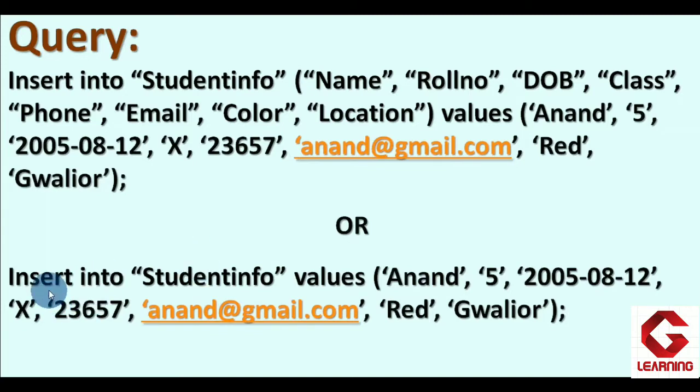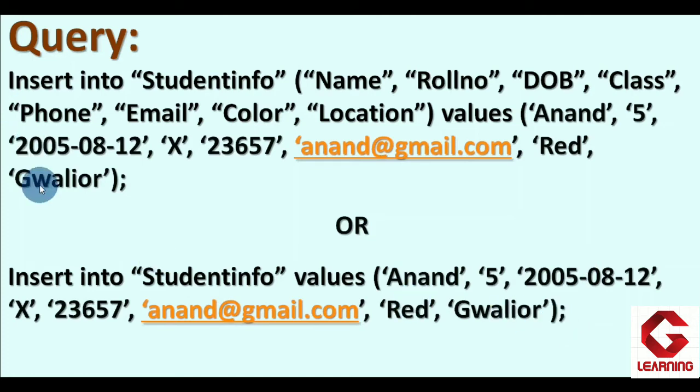Now here one more thing you can see, I have mentioned insert into student info, then values is written, and thereafter in the small brackets all the values are there. So the situation is that if we have values for all the columns that are there in the table, in that situation there is no need to mention all the columns of the table in a small bracket. After the table name we can write values directly, and thereafter in the small bracket opening and closing we can directly mention all the values, and then we can end our statement with a semicolon.